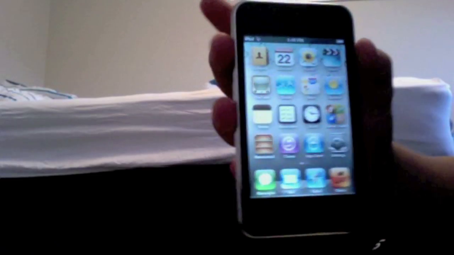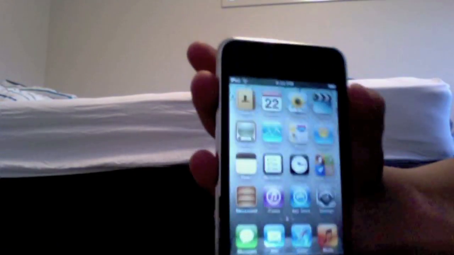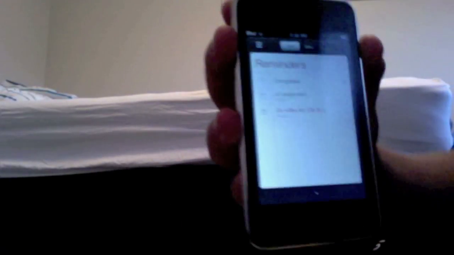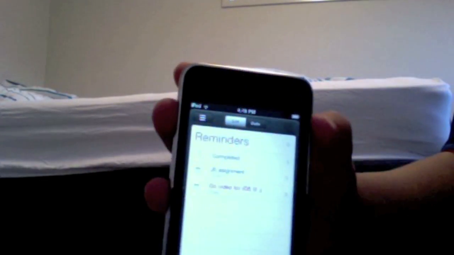New software beta, iOS 5. So today I'll be showing you Reminders. Basically, this is just any normal to-do list, just now you've got it on your phone. So basically what it is, whatever you want,